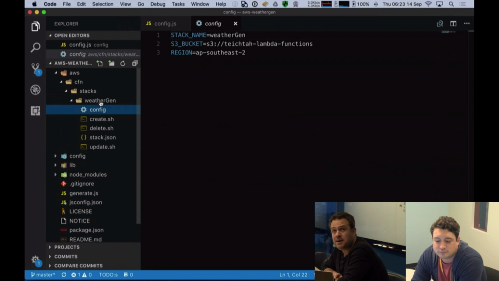Here I reference a bucket, which is an object store, and this is where I keep some of my Lambda function definitions. And of course a region, and a region is the AWS region. You can run this code in any region that you like. There won't be a problem there. We're not using a huge amount of services, so you should have all the service availability for everything that you need in the majority of the regions.